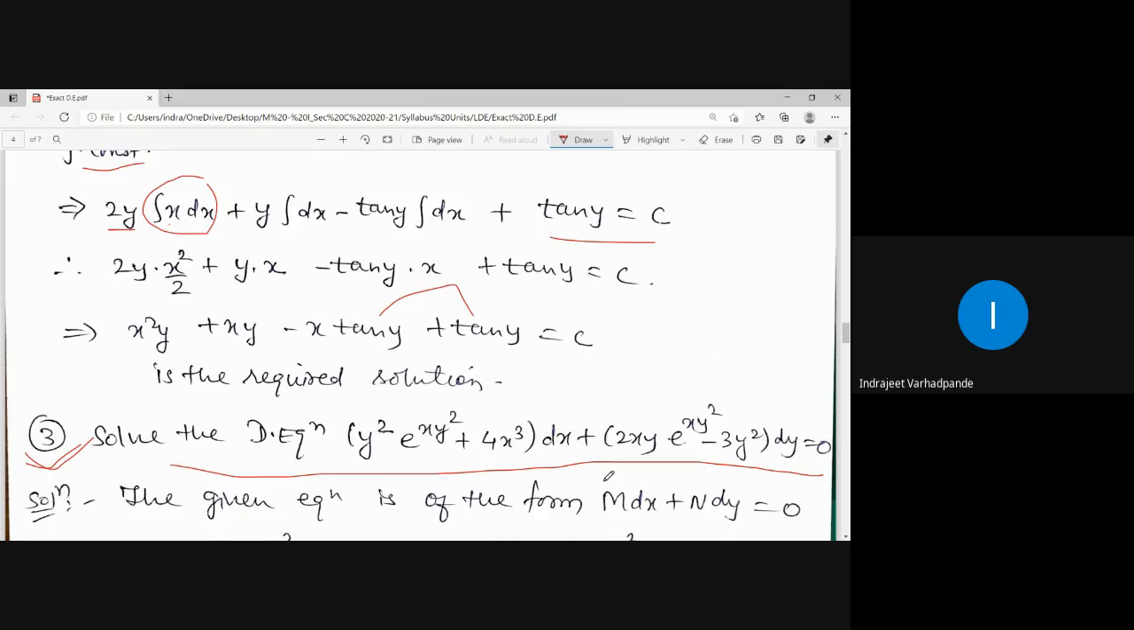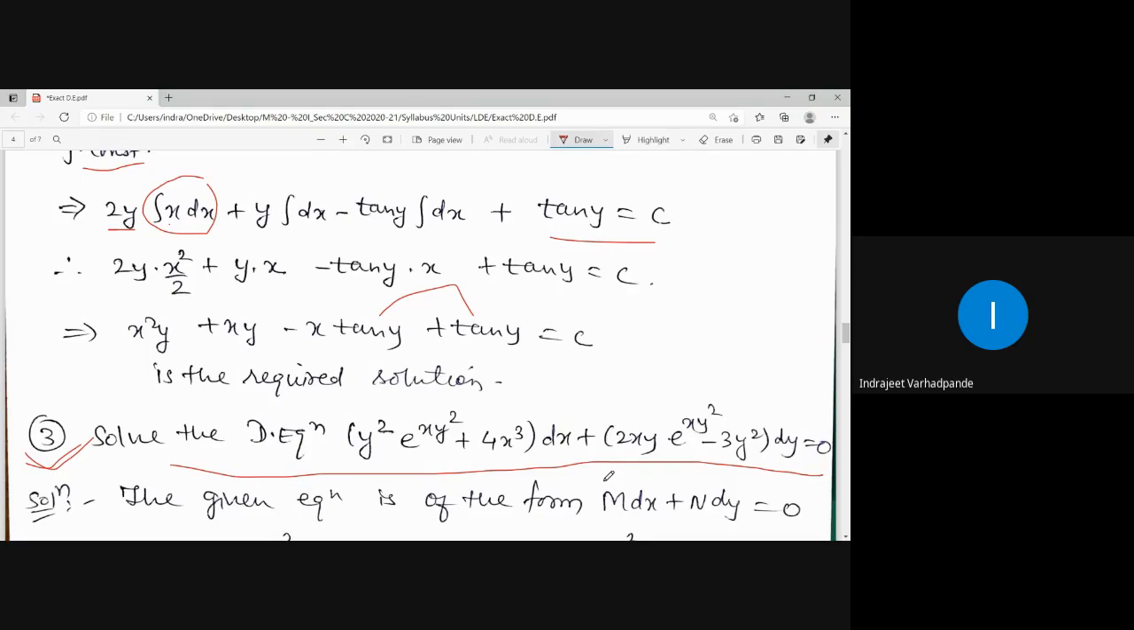Now initially you find that most of the terms are in complicated form, so it is easily convertible to the form M dx plus N dy is equal to 0. For our convenience, the example itself is provided in the same format, that is M dx plus N dy is equal to 0. So what I have to do is compare that with the standard form M dx plus N dy equal to 0, extract the value of capital M, extract the value of capital N,